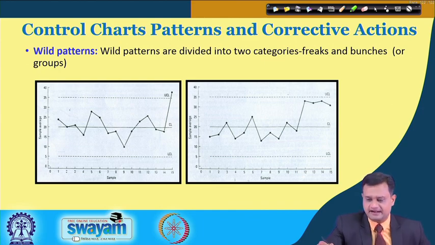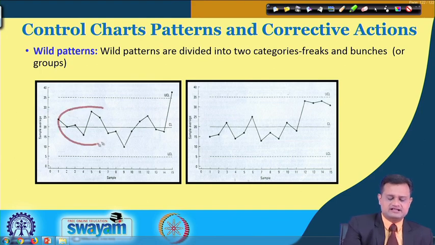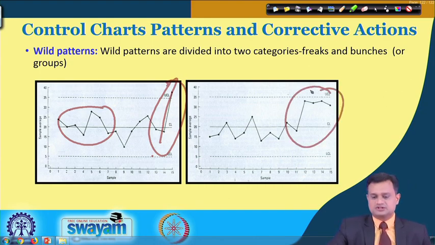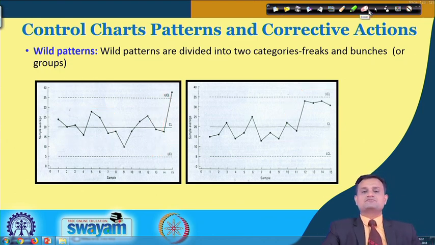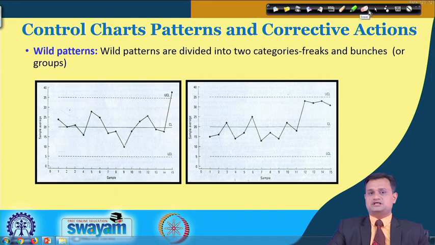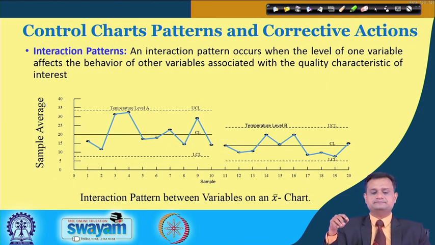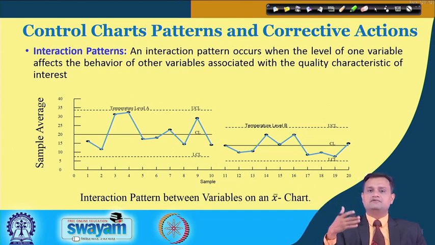There could be a wild pattern, and what you see is that up to some extent it is well within, and then suddenly it jumps and there is a wild pattern. Again suddenly it jumps and there is a wild pattern. So, these are some of the typical causes. Maybe, let us say, because of some reason there is excessive vibration in the machine, and you may find that there is a sudden jump or there are wild patterns. So, typically we go through different patterns, and we need to appropriately interpret them.